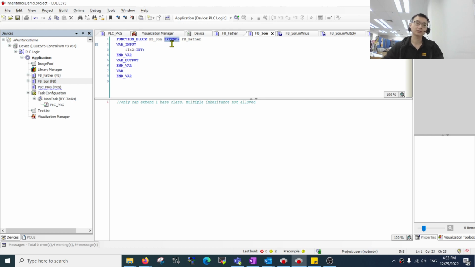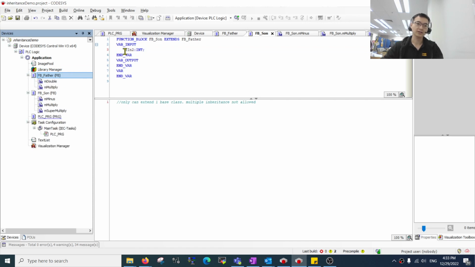When you inherit, of course, like in real life, after inheriting something you can also add your own things. So the son will get all the variables and all the methods from the father, as well as he can also add his own method. Now let me slowly go through the example